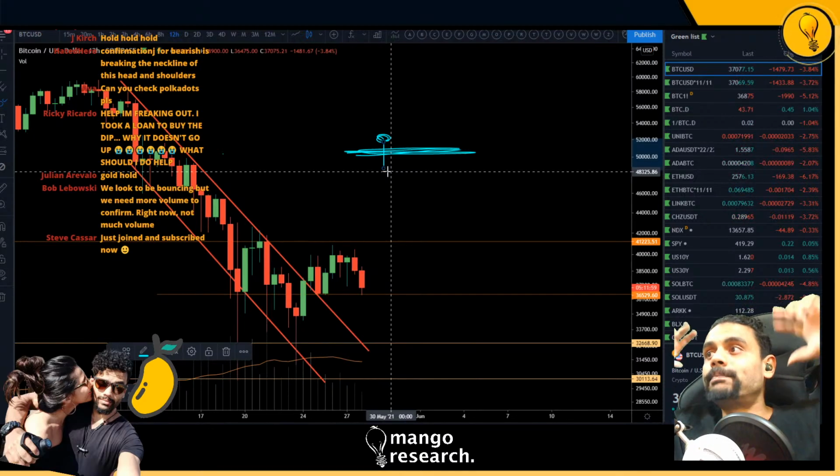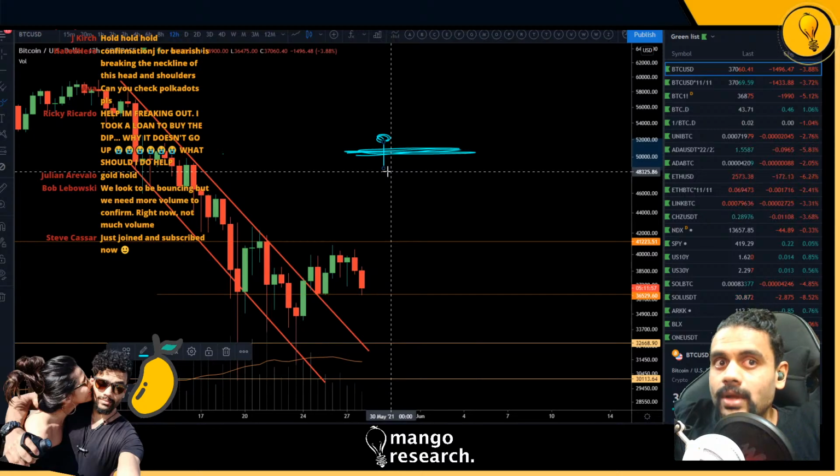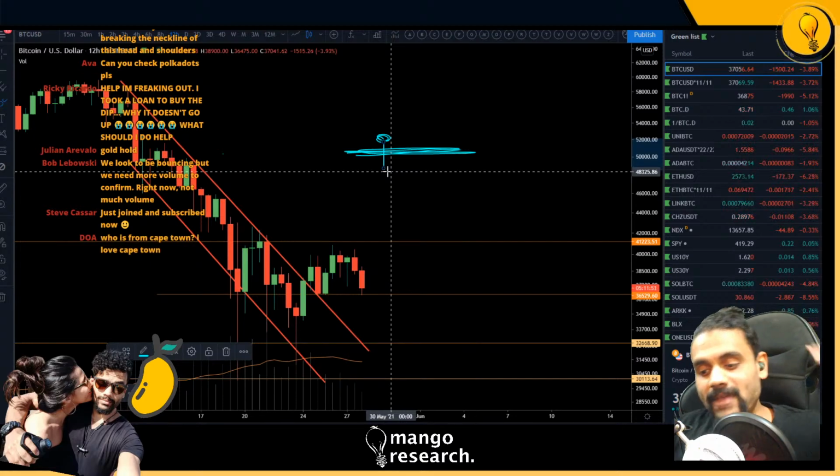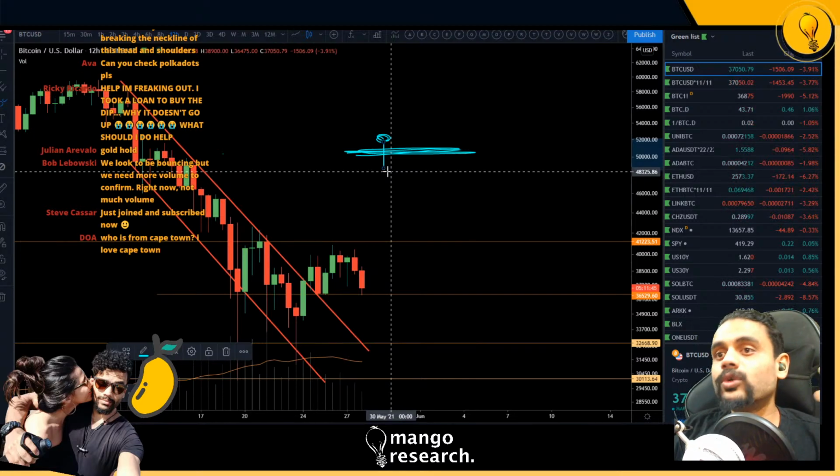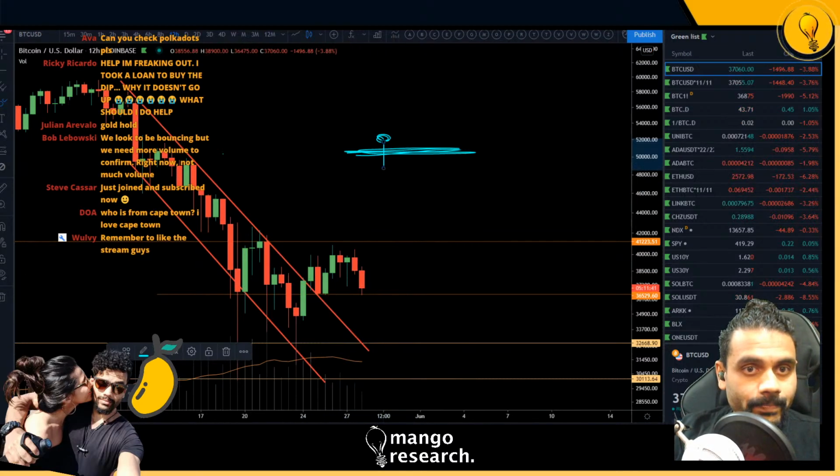So it's not about how much percent you go down, but more so about the structure that is lost on the time frame, right? Because when I say structure, guys, I'm talking about a combination of trend analysis and support and resistance. That's why the word structure to me is a lot more important than saying trend.